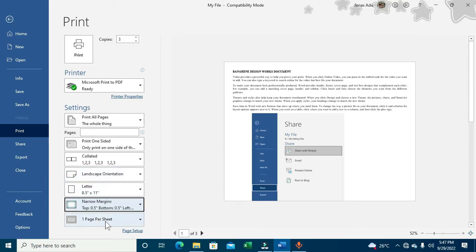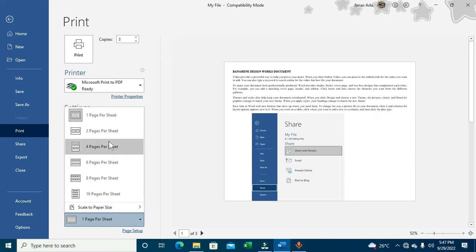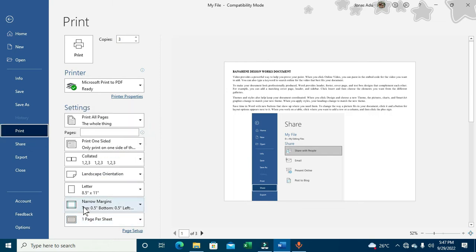And when you move to the last option, that is the pages per sheet, when you click on the drop down arrow, you can select 1 page per sheet or 2 pages per sheet depending on how you want to have the printout. You can choose any of these options from this list, and when you are done, you can select the